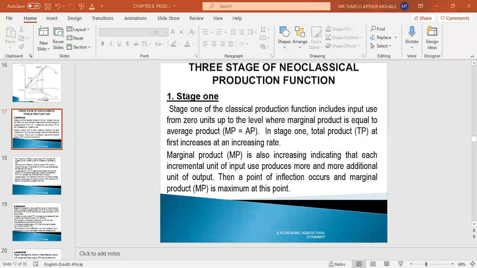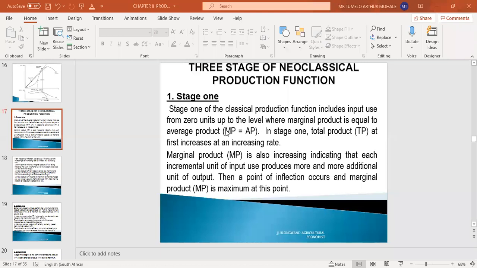So I was saying that the most important thing you should take note of is that in stage 1, both MPP and APP reach their maximum, but MPP reaches its maximum at a point of inflection, but APP, which is the most important thing in stage 1 that you should never forget, APP reaches its maximum at the end of stage 1, and that is a point where it is equal to the MPP,